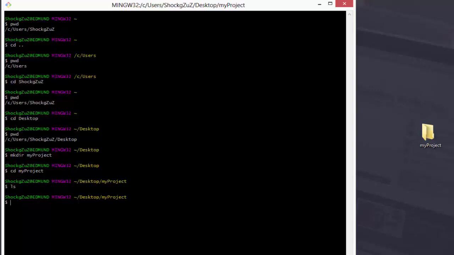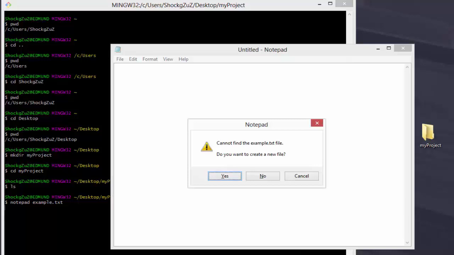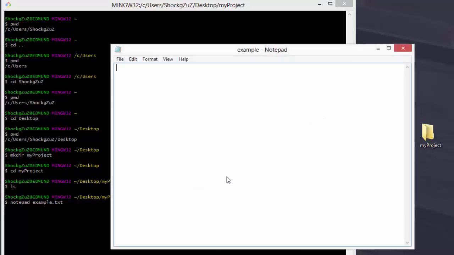Now, back to Windows users. To make things simple, type Notepad space, the name of your file. In my case, I'm going to be naming it example.txt. If I hit enter, I'll be prompted to create a new file because it does not exist. So I will enter some text, then save